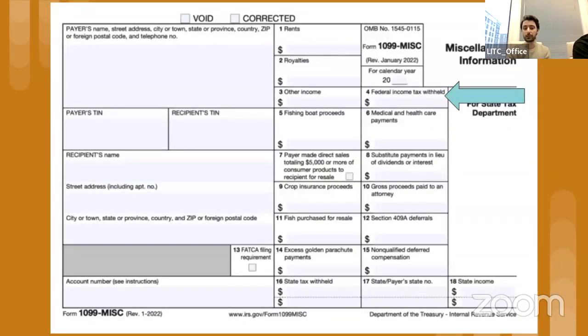In contrast, we have here a 1099, and as you can see, there's only one area where there's a withholding, and that's a backup withholding. And in all likelihood, you will have no federal taxes withheld. That's only in special circumstances where either you don't have a taxpayer identification number or for some other reason your taxes are being withheld. But that is not the norm, and you should not expect it.